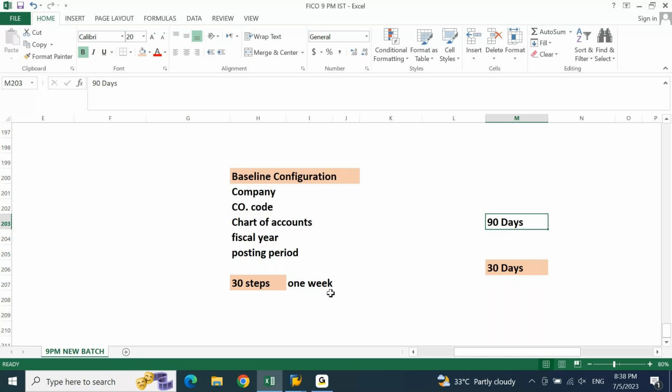You're getting my point, right? If you only want to know the configuration, you can learn within 1 month also. I said 30 days to make you understand, to make you feel comfortable with what is happening in SAP FICO. In the same 30 days, you can complete your SAP FICO course also. Both are possible, but it depends on you which way you want to adopt.